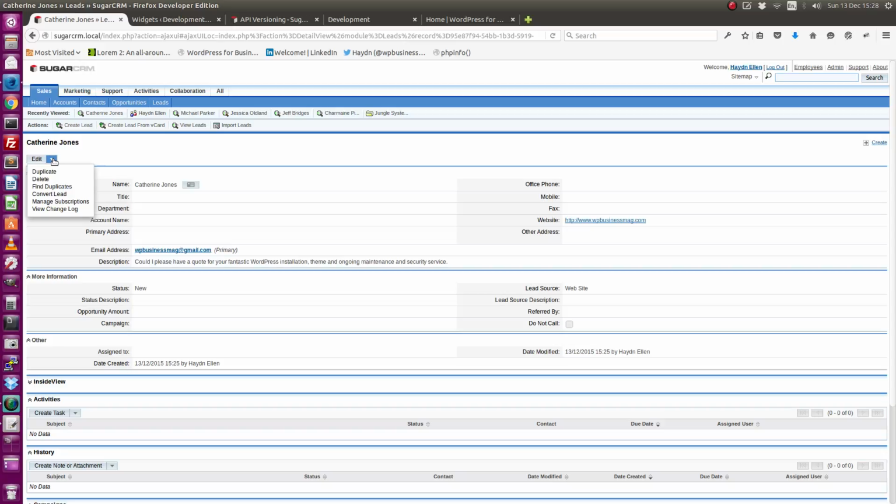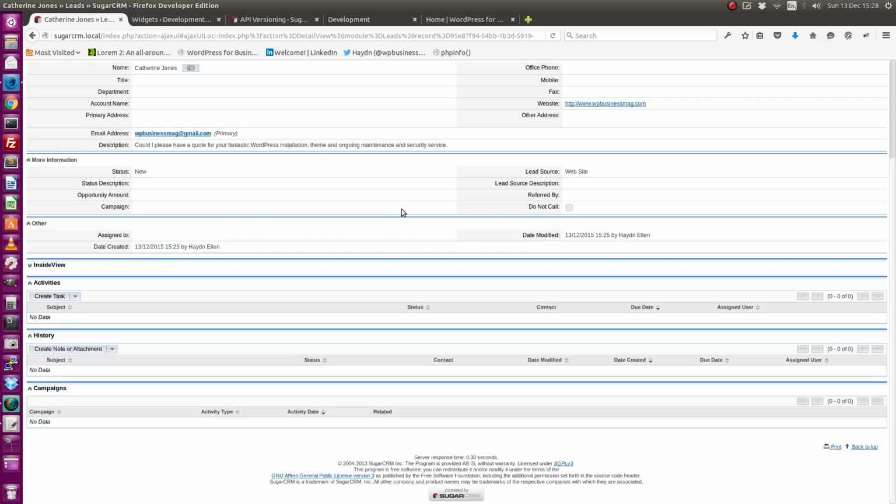The scope is absolutely fantastic. You convert the lead. In other words, if you've emailed Catherine Jones and she said that yes, she definitely wants to proceed, you can then convert that to an account, and then you can start working on that. You've got a full history, absolute full history of this contact, just by using this. You can log calls, schedule meetings, even compose an email right here from within